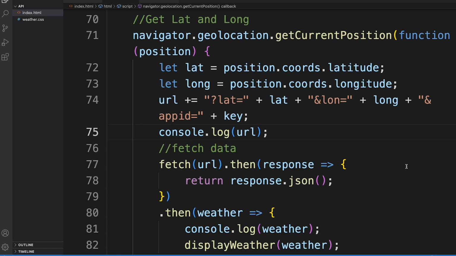So we've made that URL. And on line 77 is where we communicate with the server using the fetch command. We fetch the URL, which again has the URL for the OpenWeatherMap API, the latitude and longitude, which we've obtained through the position object, and our API key. We then take that response on line 78, whatever comes back, and we convert that to our JavaScript object notation from the string that's returned.